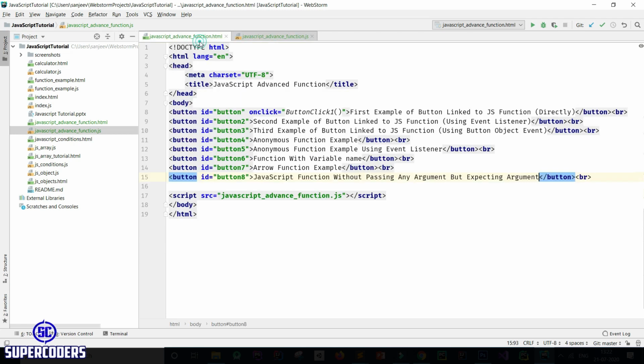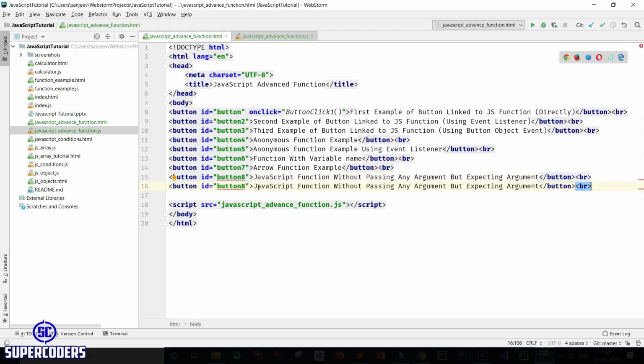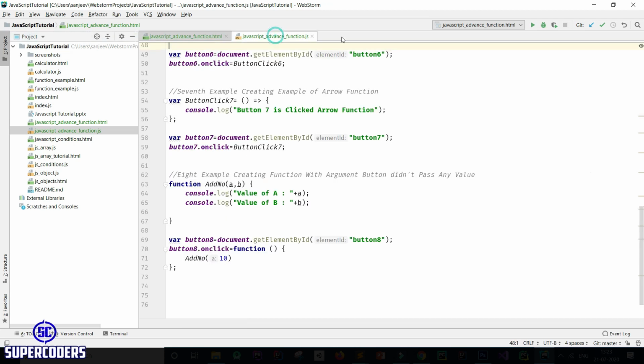So let's create a button 9, JavaScript function with default value in function, default value in parameter or argument.